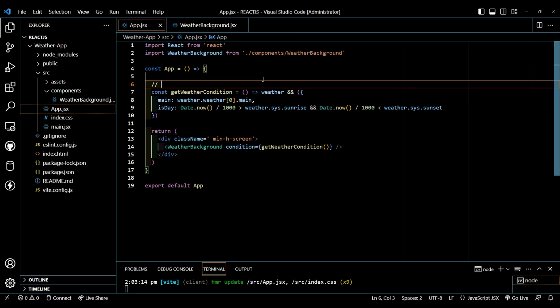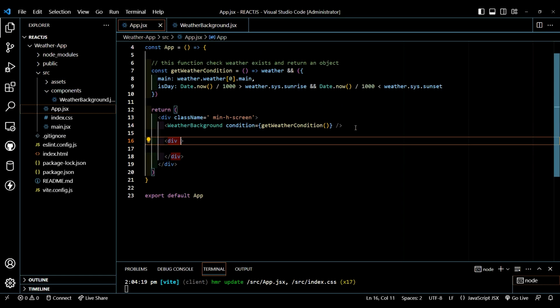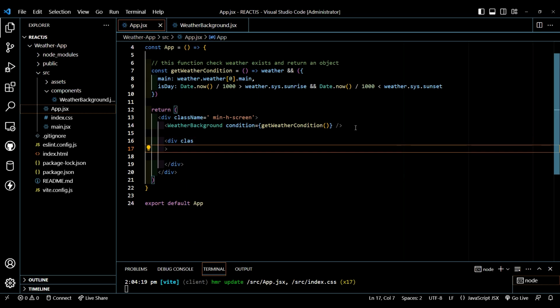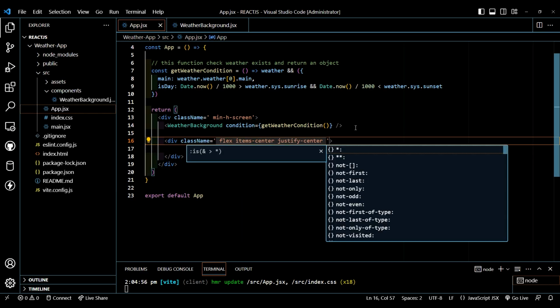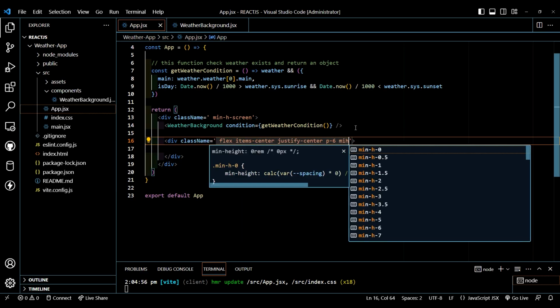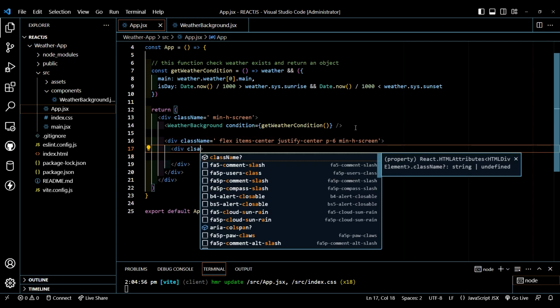Now this function checks whether it exists or not and returns an object. Let's type div, give class name flex, items center, justify center, padding will be 6, min height screen. Let's type div, give class name